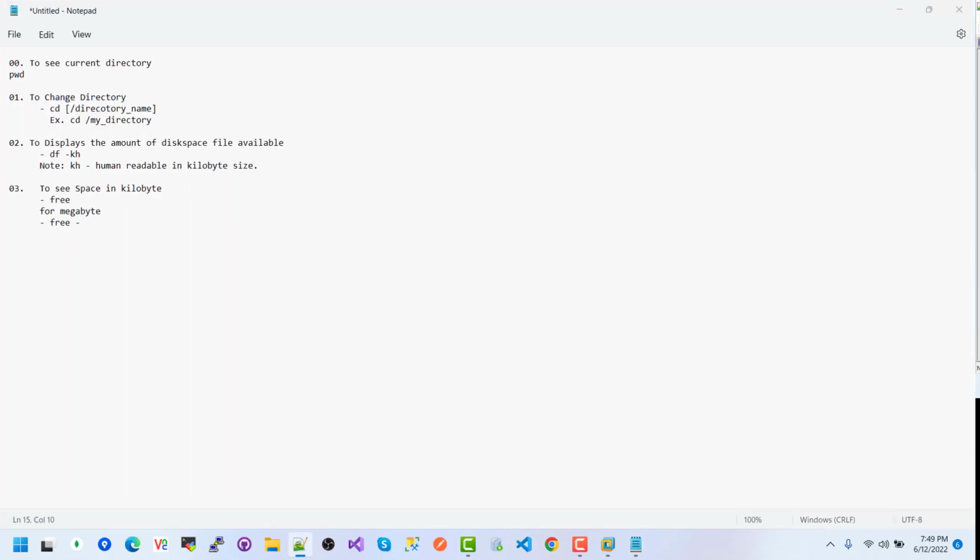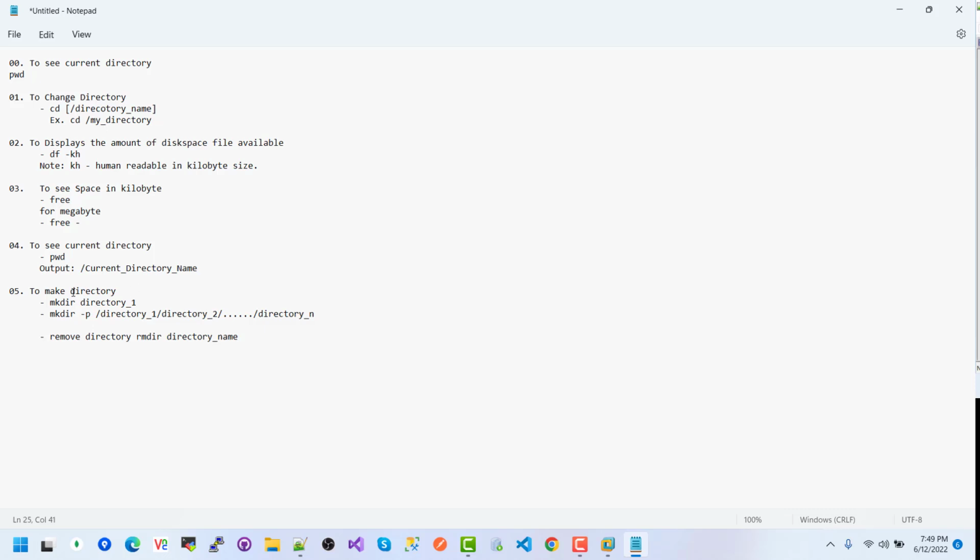Now step 4 is to see the current directory. We already have seen step 0, so I just want to ignore this one. Step 5, to make a directory, mkdir. I just want to create the parent directory and its subdirectory 2, similarly directory n. So I just want to copy this one,